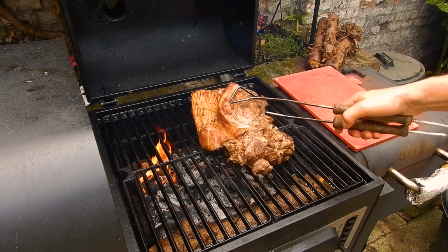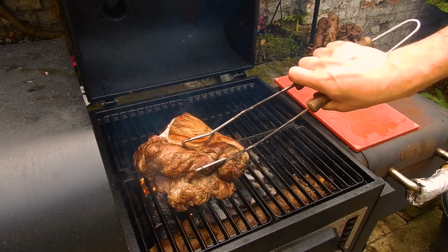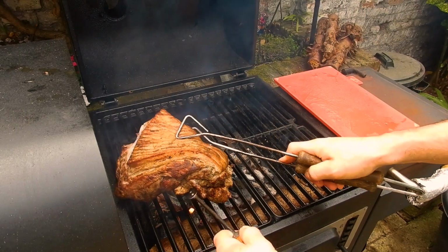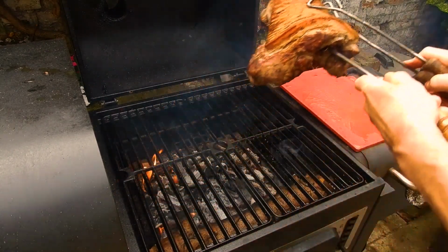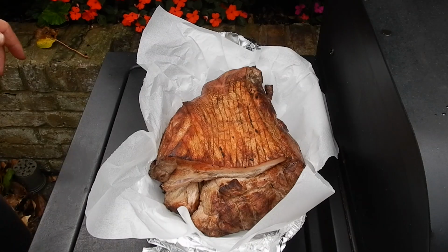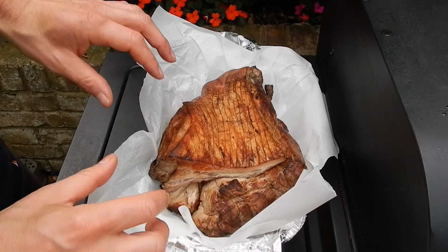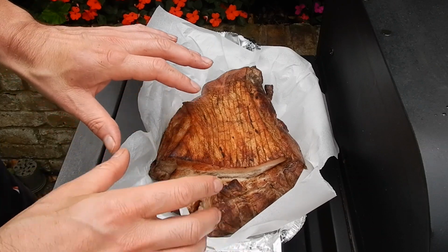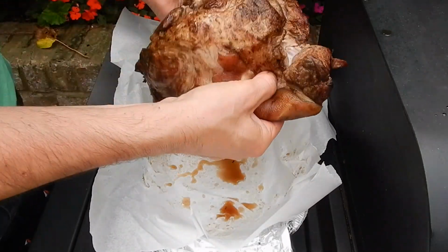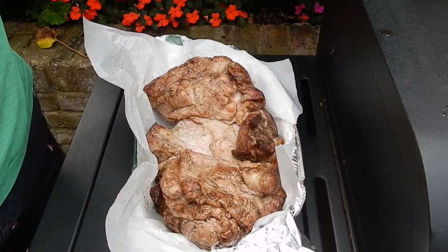It's gotten a bit of color all over. Therefore, we're now ready to take it out. We can wrap it in the foil. Now we're ready to season our meat. We've put it in a foil container with a bit of additional foil and a bit of baking paper so it doesn't get all the elements from the foil. So what we're gonna do is open it up, season it well, starting with salt,